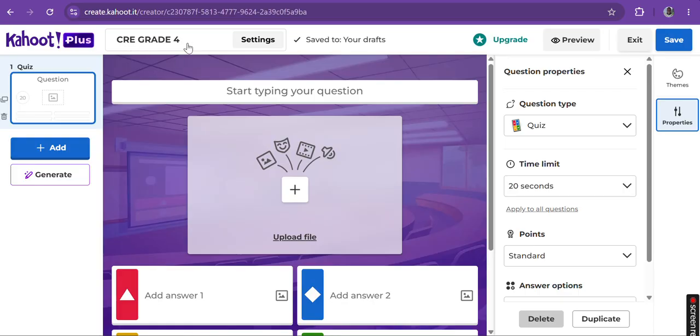So we have given a heading for our Kahoot. It is CRE grade 4, as you can see there. Now we want to give or anchor our first question. Before we put our first question, I want you to look at this side, the question properties. Remember, I have said that Kahoot has premium function. And by premium, it means that you have to pay for some services. So when you come and click down here,